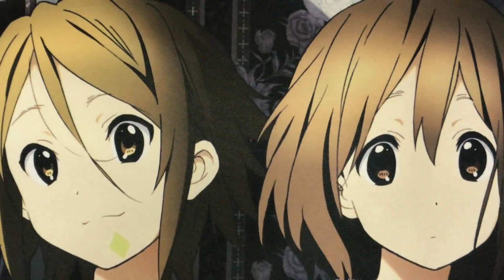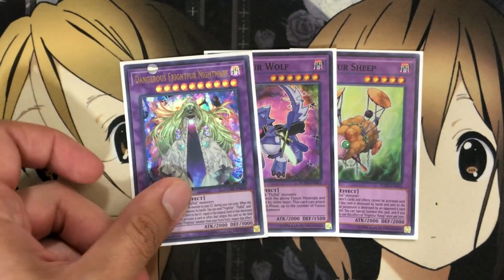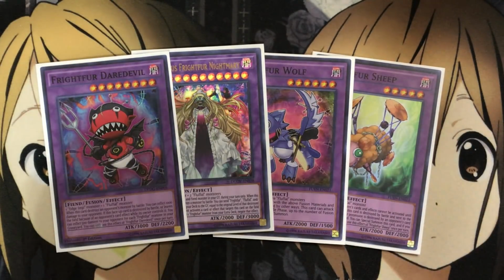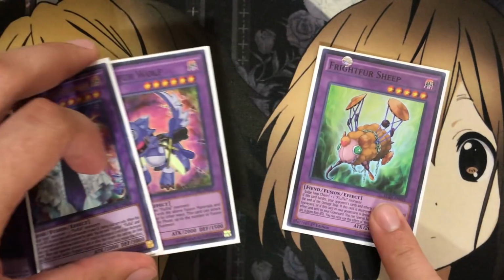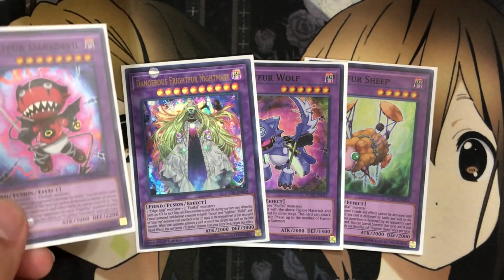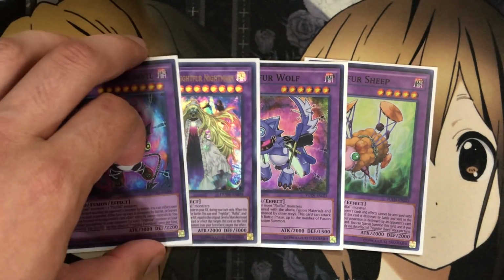For some of the one-ofs, I run the 1 Frightfur Sheep, 1 Frightfur Wolf, 1 Dangerous Frightfur Nightmare, and 1 Frightfur Daredevil. Just all situational options. If you can go for the OTK with Frightfur Wolf and Tiger, you can go for that play. You can use Chain, which is the special requirement for Sheep, for a card that can attack and your opponent can't activate cards. Daredevil and Frightfur Nightmare, more powerful boss monsters if you can get them out and need them